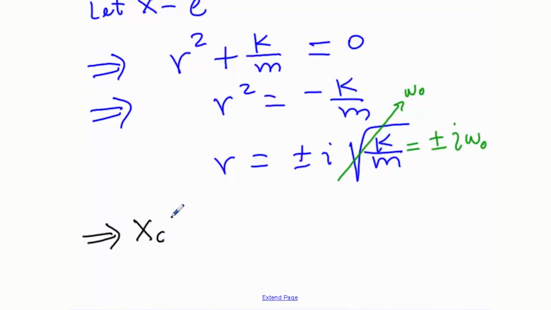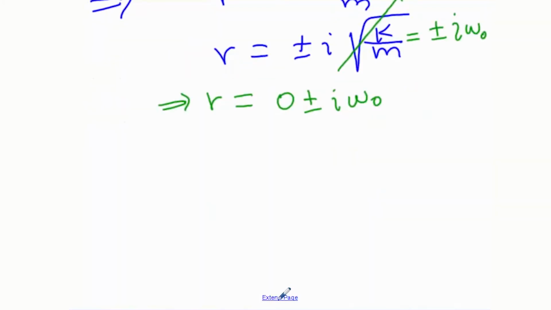that the complementary solution is of the type c1 e. Well, the other thing to realize here, if I may, is that, hold on a second. So let's say, in other words, r can be expressed as 0 plus or minus i omega 0. Okay, so let's keep that in mind, because now we're going to write x sub c of t, c for